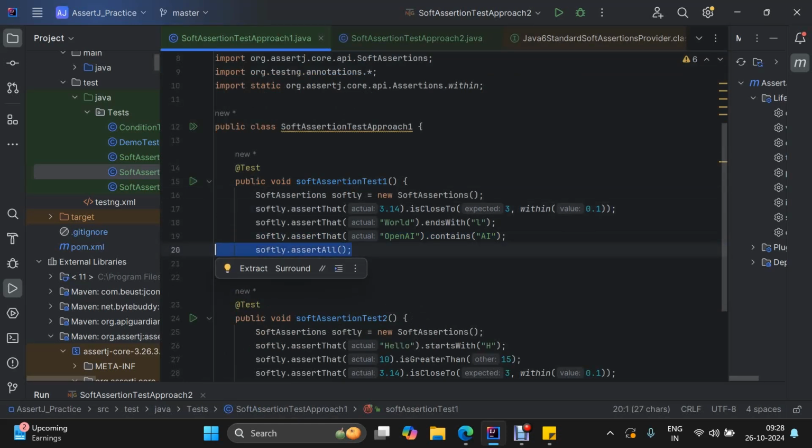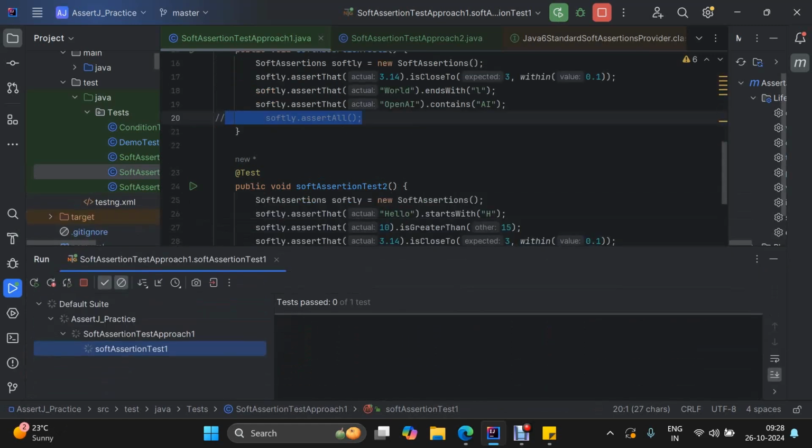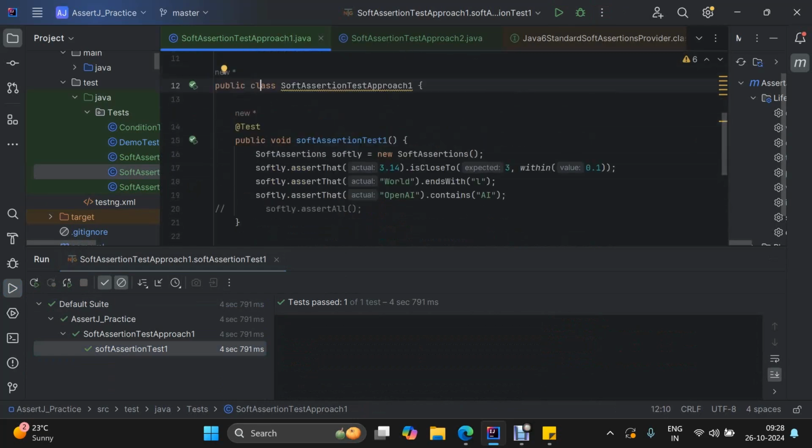Let me show you. If I do this and trigger this particular test, you can see there are three checks here that we want to check as part of this test. And let me show you what happens if we do not use this assertAll part. You see the test has passed, but we are checking whether this 3.14 is close to 3 and within 0.1. That means it is greater than 3 but less than 3.1,